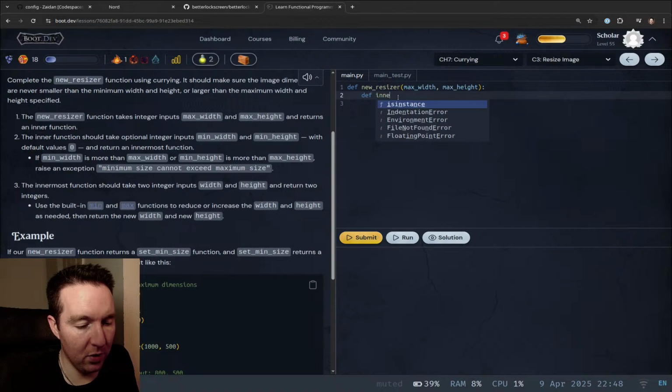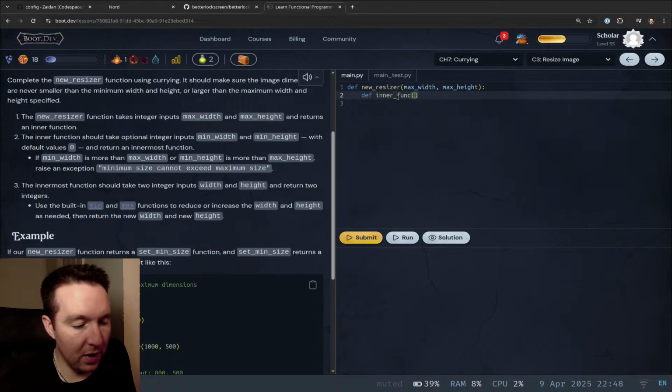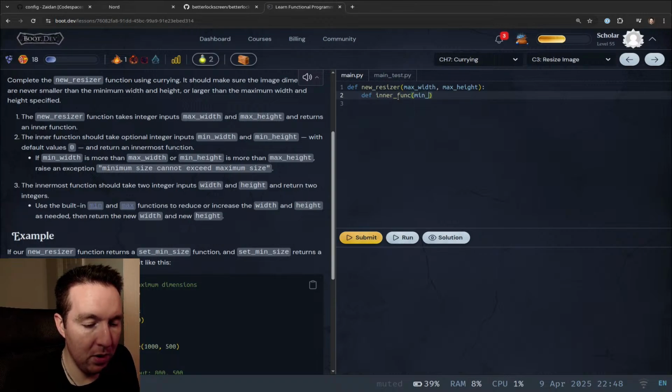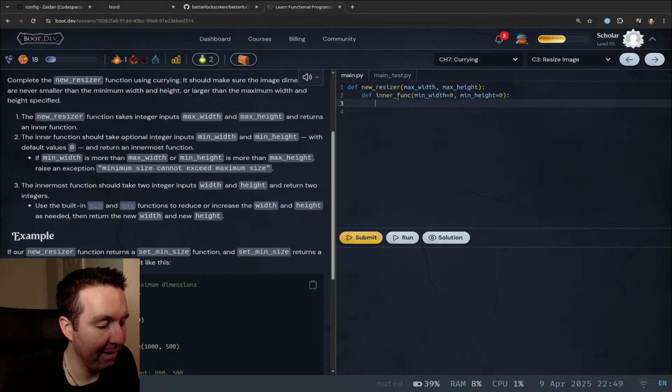So I guess just call it inner func. It's going to take min_width and then min_height with default values of 0 each. So 0, 0. There we go. If min width is more than max width or min height is more than max height,